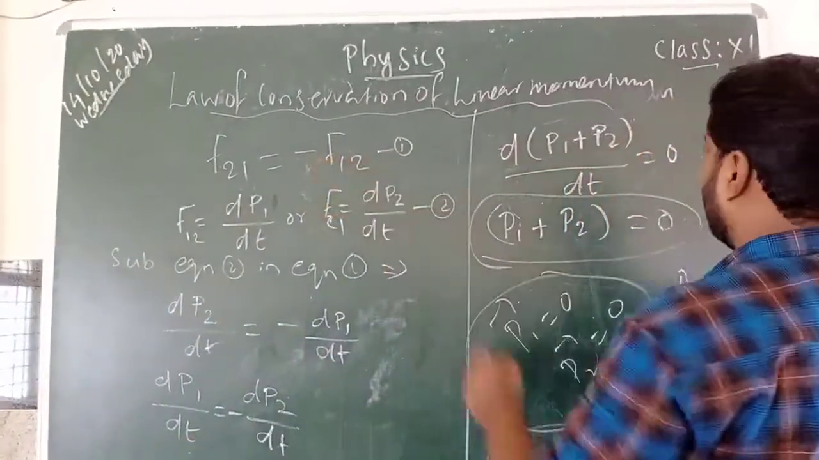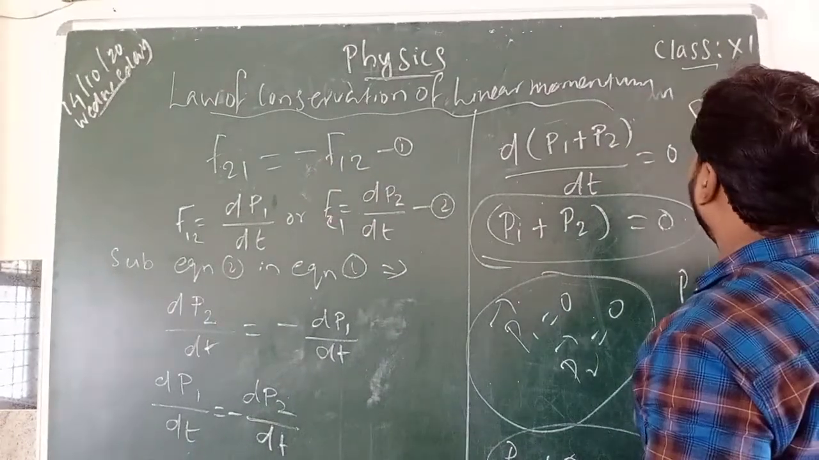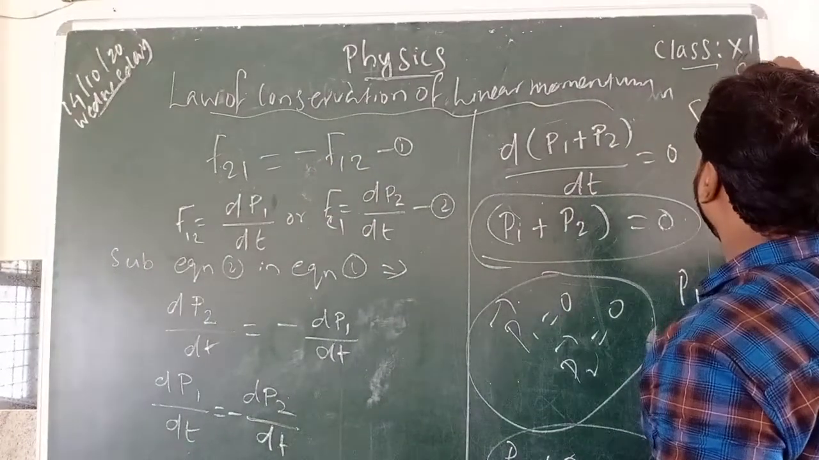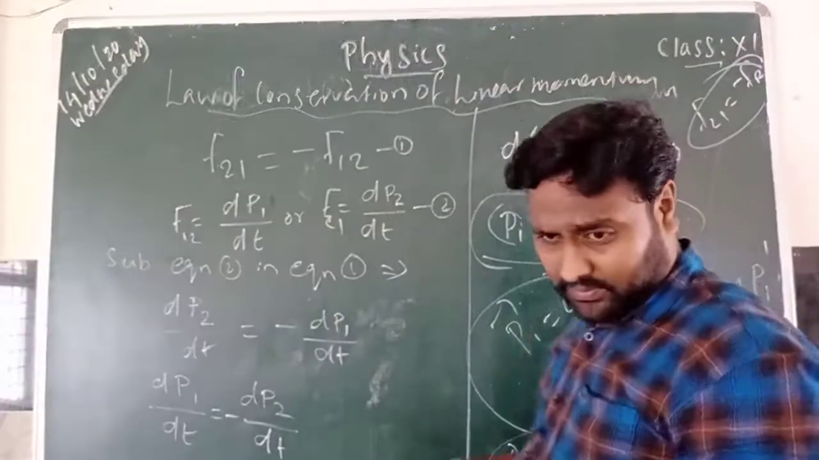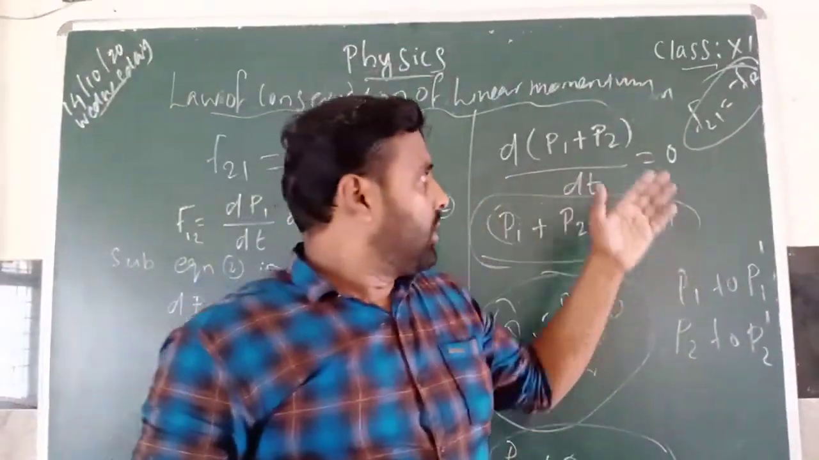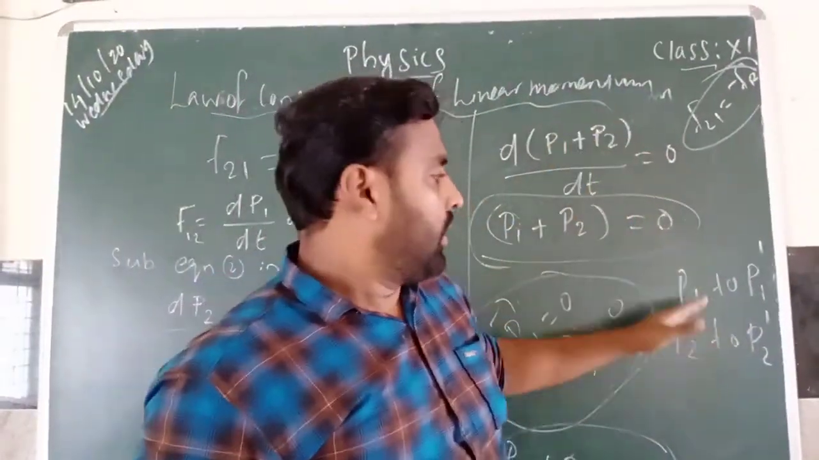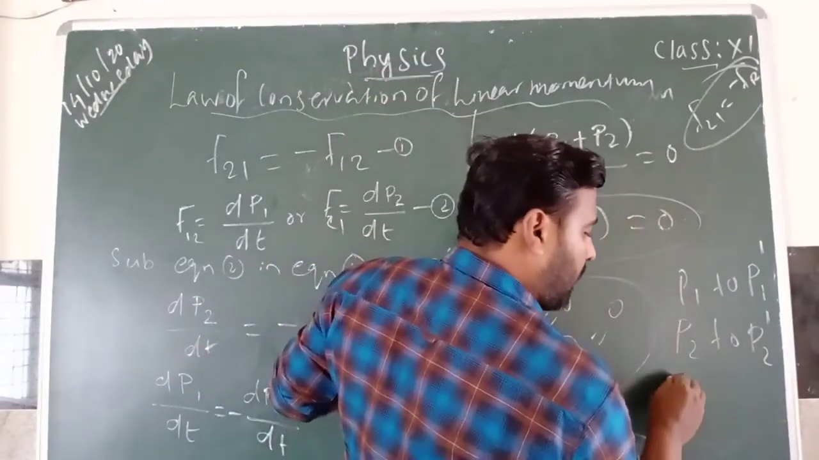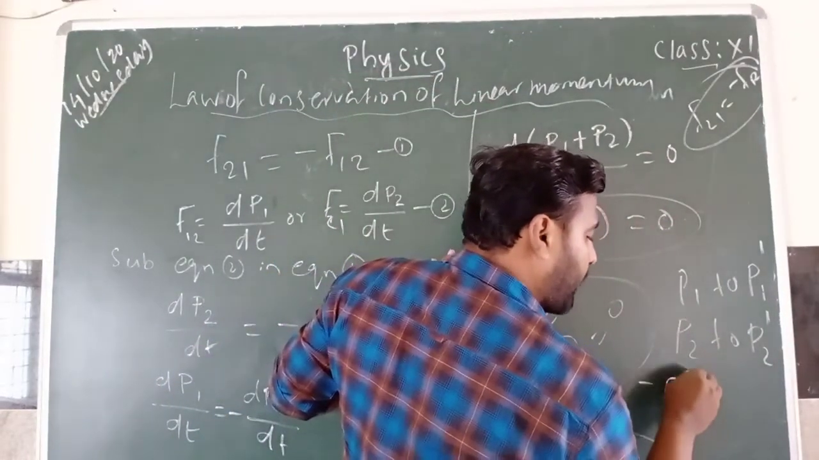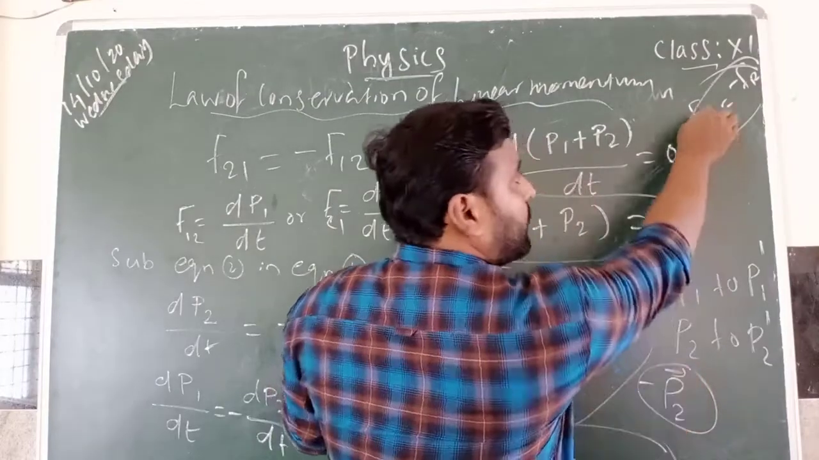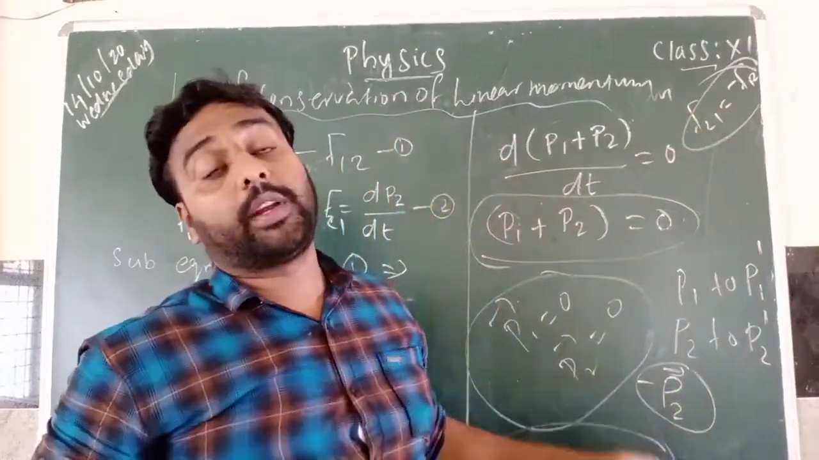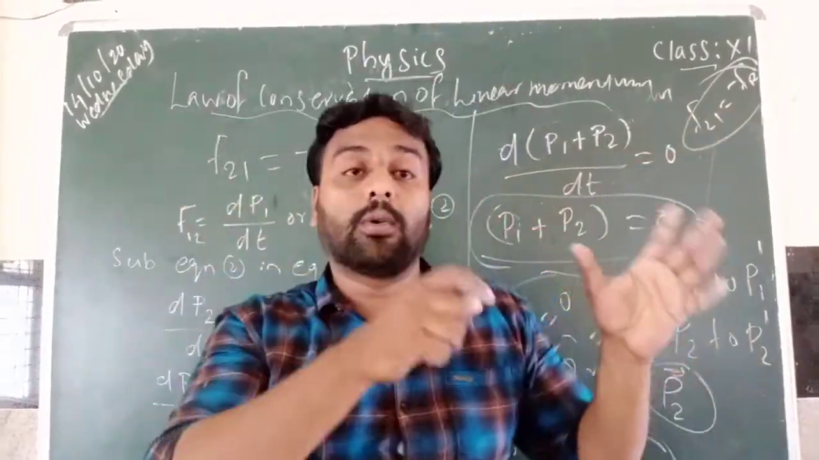This is the same thing. F21 is equal to minus F12. This is what we can tell. So we say minus P2 we can tell. Instead of this we can use what? Minus P2. Minus P2 means now the gun is,